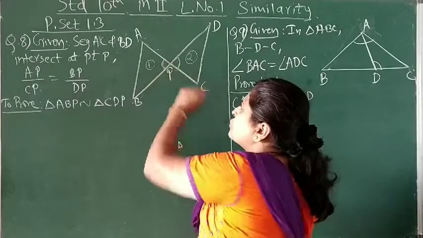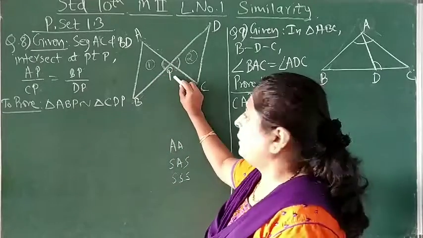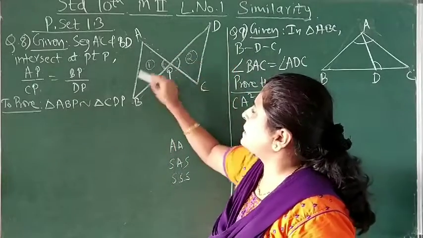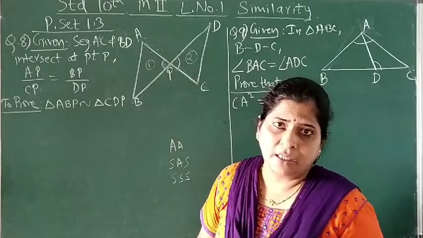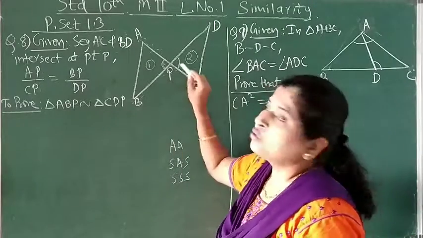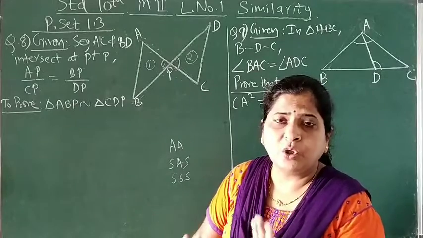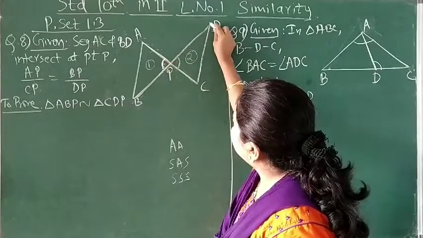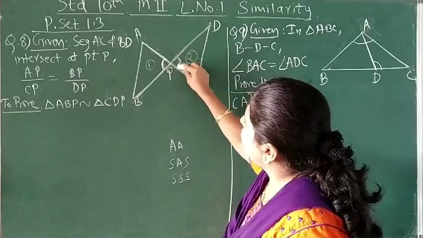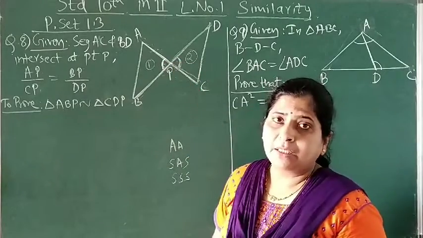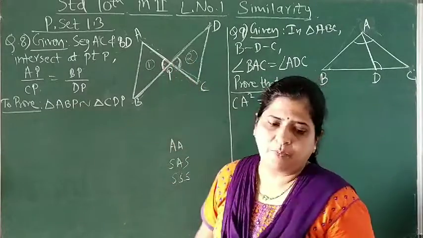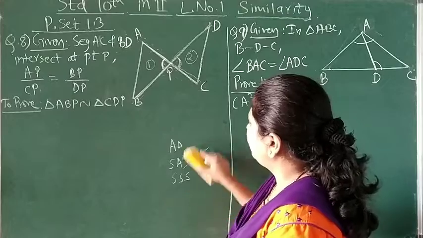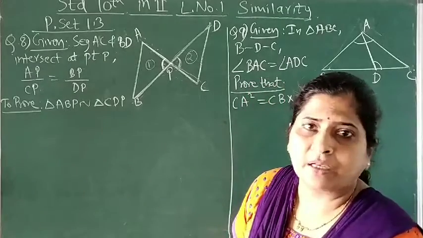Now we can show these two angles P congruent because they are vertically opposite. So when these two line segments intersect at P, these are the vertically opposite angles. Only the name is the same, so don't write it as common angle. These angles are not a common angle, because the first angle is this, and another angle is this one at P. These two angles have a common vertex, but they are congruent because they are vertically opposite angles. So these two triangles can be shown similar by SAS test. Hence we are going to use this SAS test to show these two triangles similar.